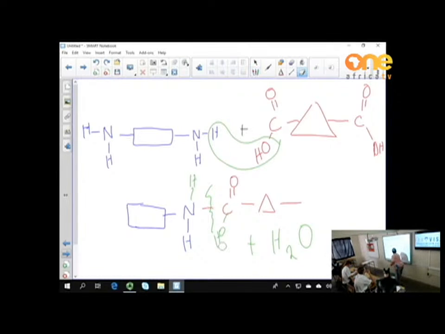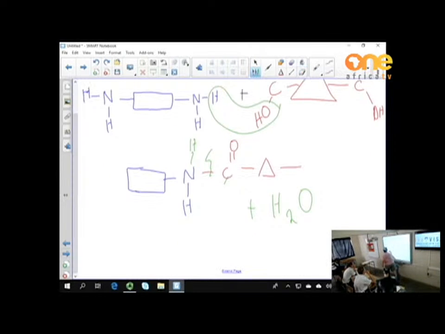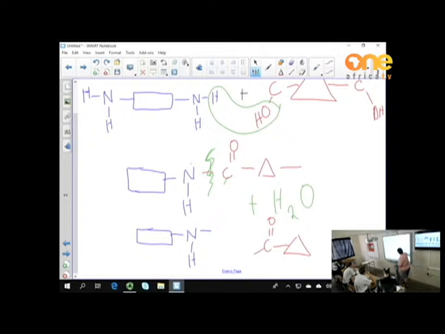I'll show you. Let me extend the board. In other words, it's going to break over. I'm going to add in water. So what is going to happen? We are going to have the nitrogen and the original hydrogen, but now there's a bonding place open over here because I've broken the bond. And on that molecule, I have carbon double bond oxygen, and I have a bonding place open there, but I have got water,